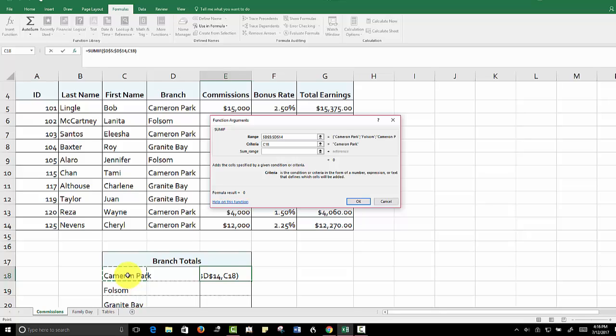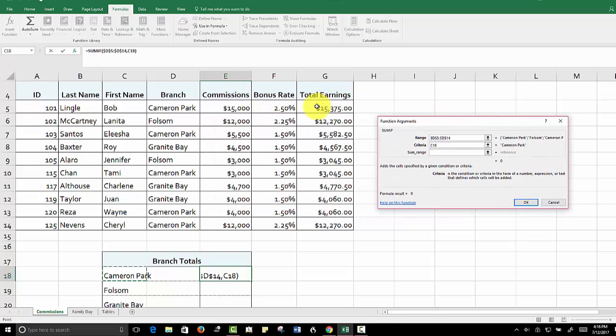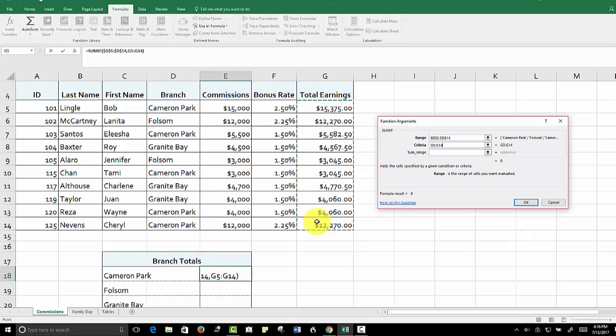Then it says select cells G5 through G14. I'm going to move this box over just a little bit. We're now working on step 8D, G5 through G14. I'm sorry. You need to make sure you're in the sum range area. So I'm going to click the criteria is C18, then click on the sum range,